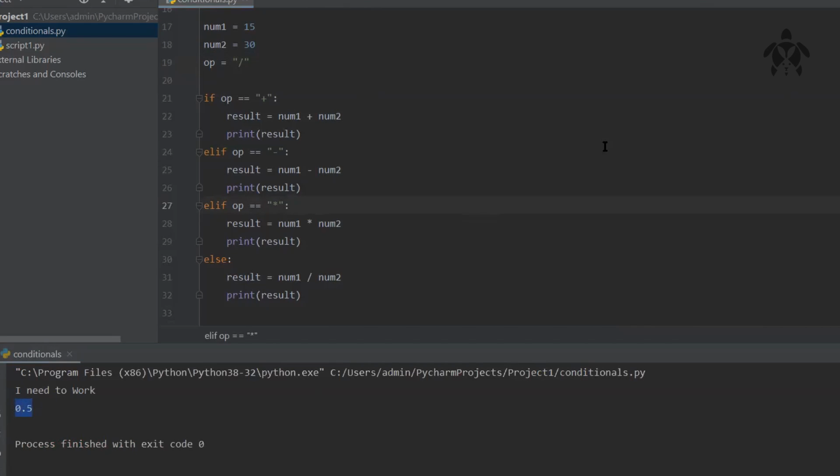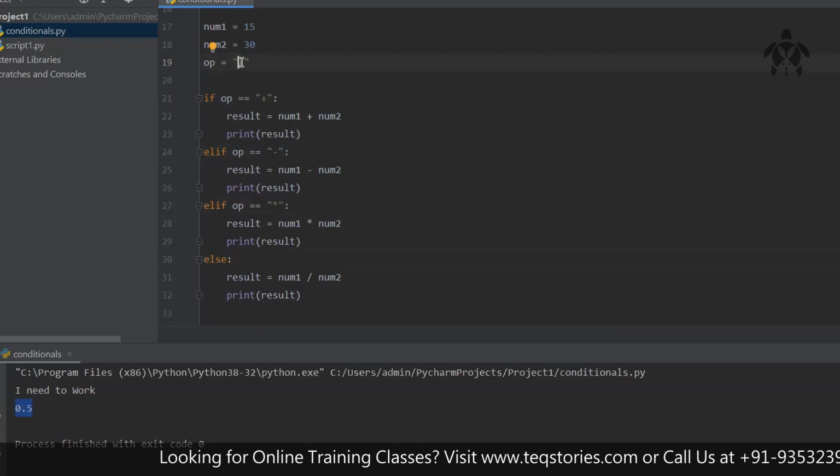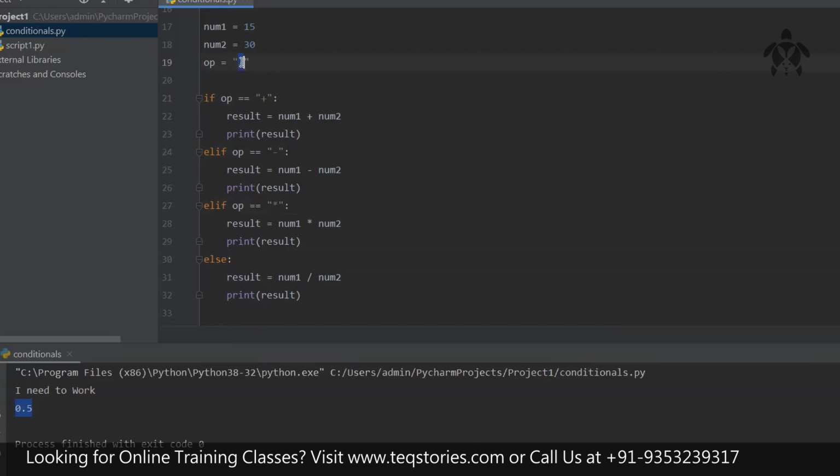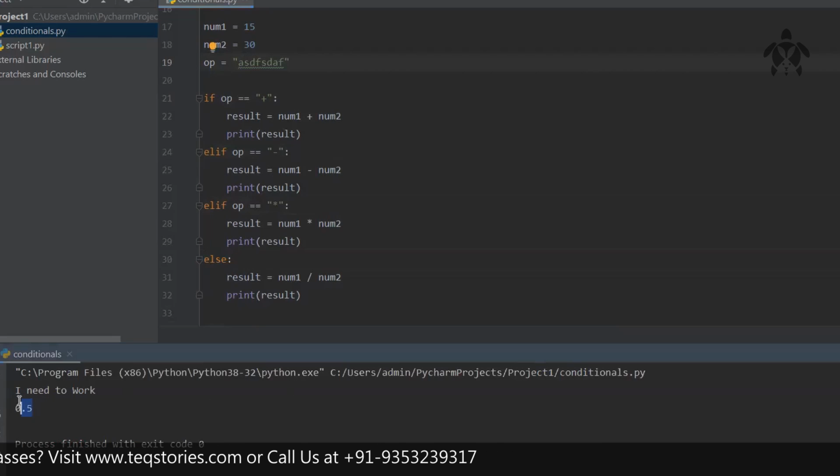Now, here in this program, there is a particular flaw. What is the flaw? Since I'm writing this part in else, whatever I might pass over here, apart from plus, minus, or multiplication, will be accepted. Now you know that when you are testing, you are going to write down, let's say, division only, but you do not know users, right? Users can write down every single thing. They can write down anything. They can just write down something like this, and still it will be doing the division because it will fall